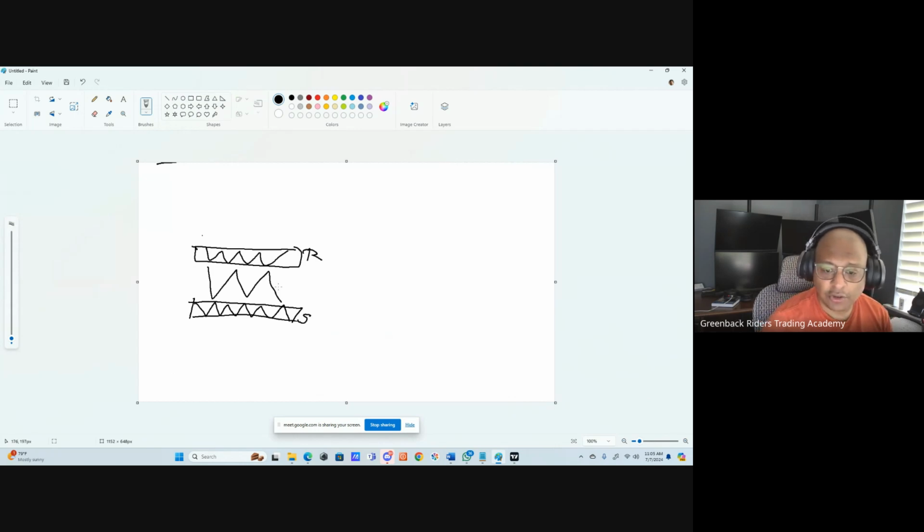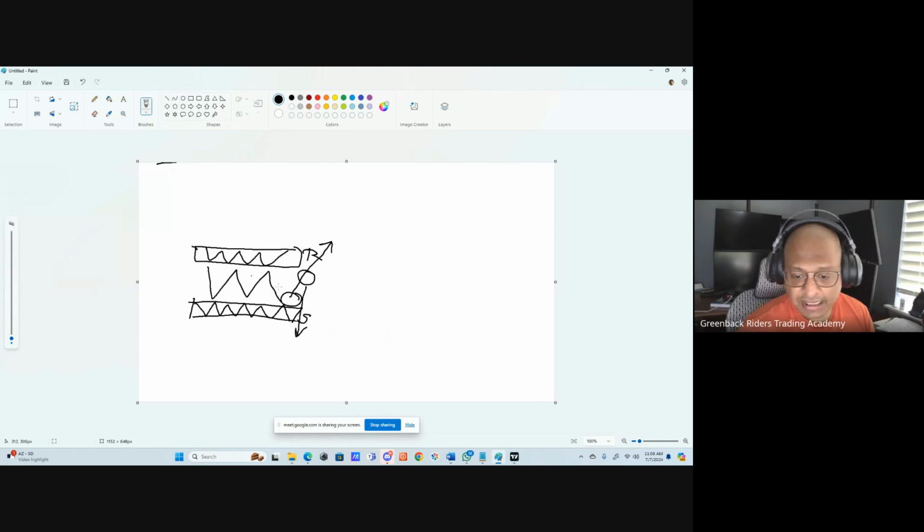Now, in order to move out of this whole thing, you need a push from the market. If you keep on looking at the charts, you will be able to see that push. If it's a bullish push, the push may start from here. If it's a bearish push, the push may start from here and come down. Otherwise, the bullish push may start from here and then keep going up, right? Now, what is happening in the process? In this process, the market is telling you that we are about to make a move and break out